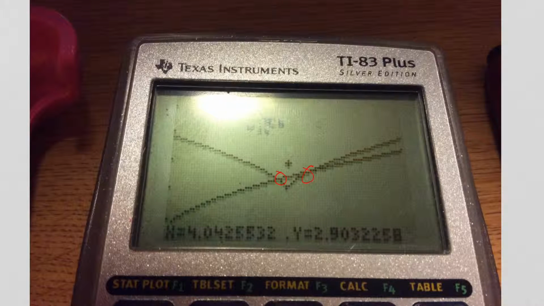So hit second, calculate, which is the trace button, and go to intersect, option 5. Hit enter, enter, and then move your cursor close to 1, and you should find that x equals 3.815. And then second, calculate again, intersect again, enter, enter, move your cursor over to the other 0, and you should find that x equals 4.507, and those should be the two solutions where f of g of x equals g of f of x,